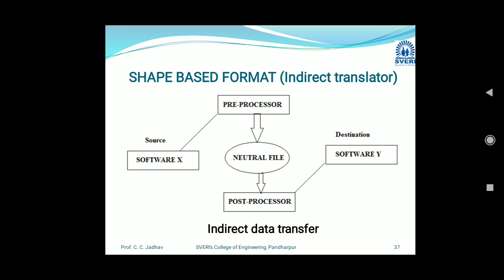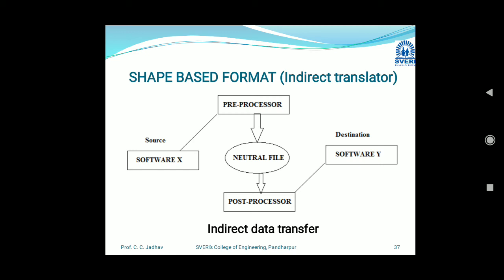You can see here, before transferring the data to the other software, in this image software X and software Y. Suppose I want to send data from software X to software Y. We cannot directly send this file to the destination. We have to do some pre and post processing.